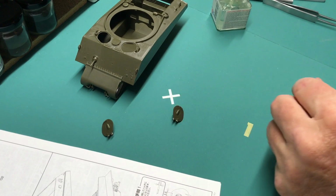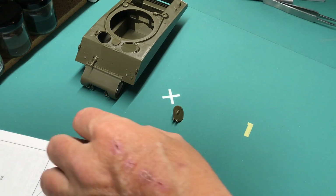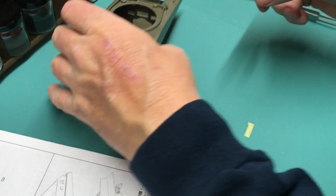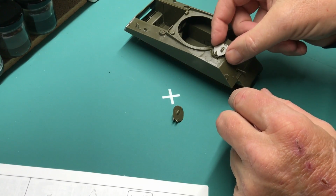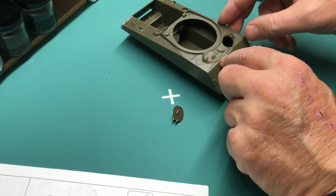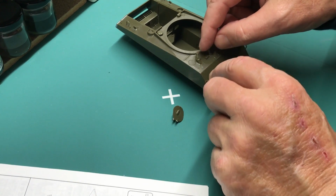Now I need to cut one off to use for the inside of the hatch, but I'm going to let that dry for a minute. Now I've got the other one already done. The other hatch is already done, so I can actually glue that into place. But wait, before I do that, I need to put a periscope guard on there, but I think I'm going to put this in place first, put this periscope guard on top of that, okay? I think that'll be a little bit easier